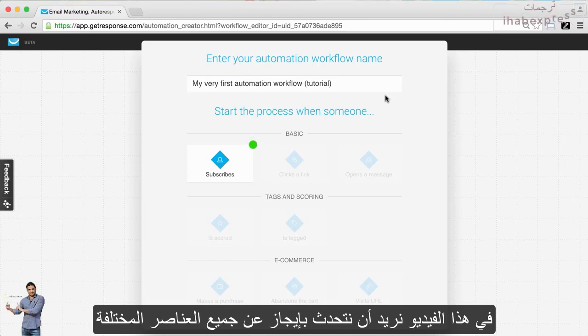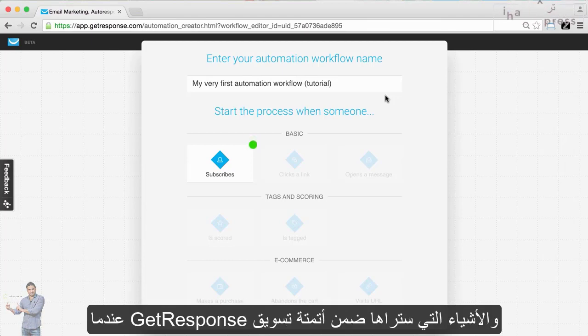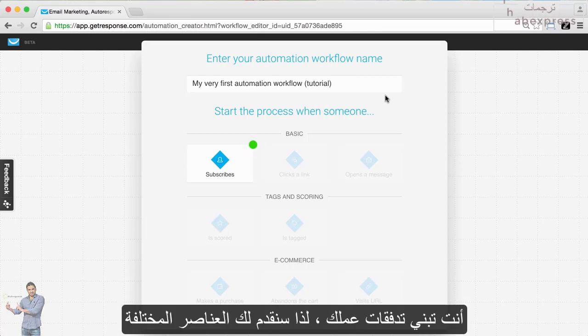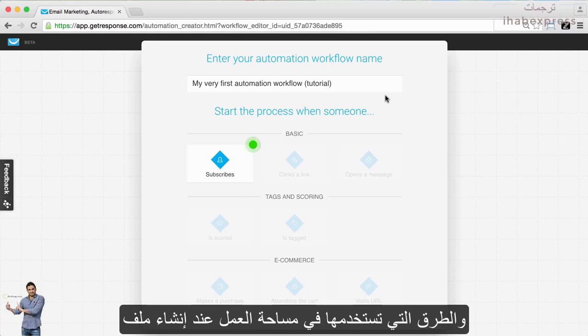In this video, we want to briefly talk about all the different elements and things that you're going to see within GetResponse Marketing Automation when you're building your workflows. So we're going to introduce you to the different elements and the ways that you'll utilize them in the workspace